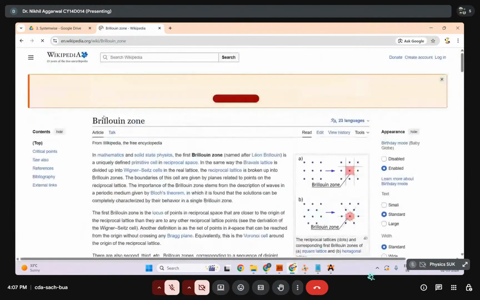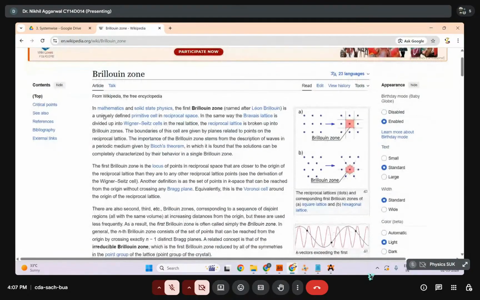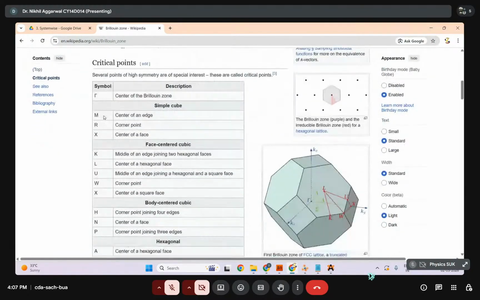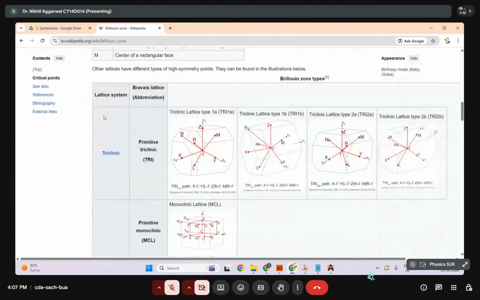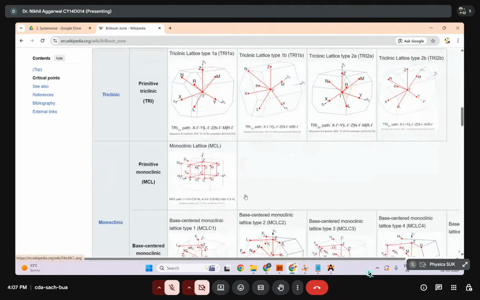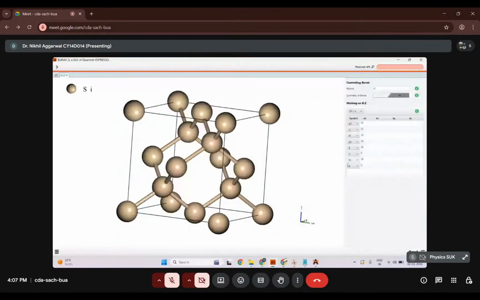So what you can do, you can easily go to Wikipedia, and you will find that for each and every type of unit cell, there is a specific set of K points that you have to put in the Burai interface to compute their band structure. Right now, I am just going with the software default. They are also good, but it is always better that you configure them yourself. Then I'll click onto the run icon, correct, save project,